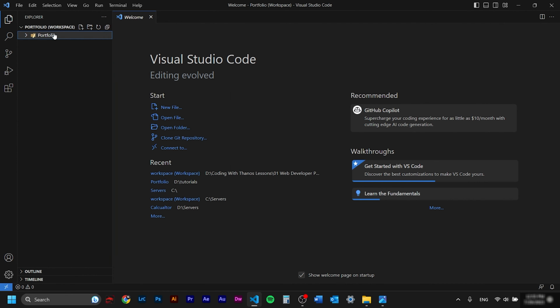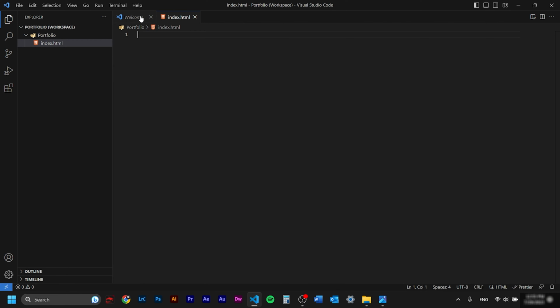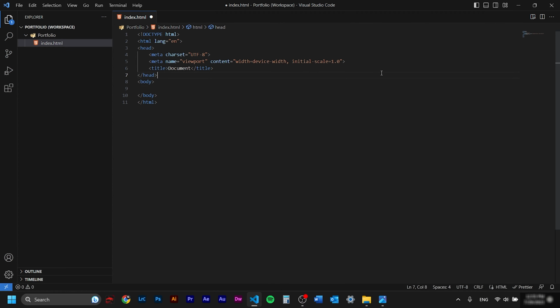So we are in VS Code, we're gonna click create file and we write index.html. Enter. Let's close this panel, and by pressing one exclamation point and enter, it's giving us the starting code. First thing we change is the title. I'm gonna name it Thanos Portfolio, and I want you to follow me along with this one and write some comments. The first thing we did was change the title.